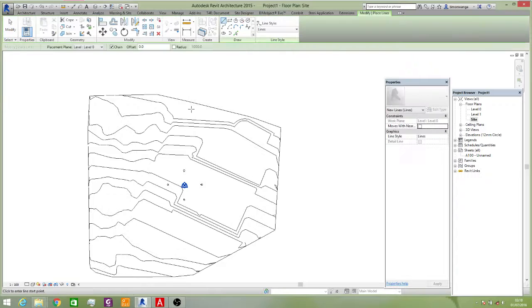So later on I would want my street to take this shape,